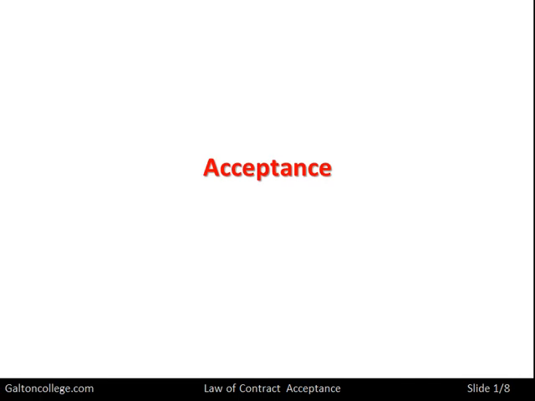In this class we're going to look at acceptance in the context of the law of contract. You'll appreciate that there are essentially four elements in contract: offer, acceptance, intention to create a contract, and consideration. Well, we're dealing with acceptance. So an offer has been made, let's say. If it's accepted and if the other two conditions are met, then a contract would come into existence.